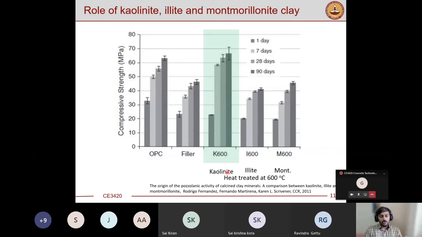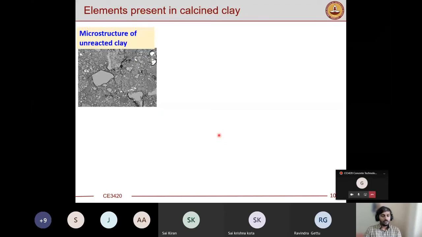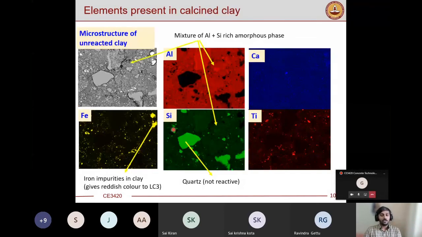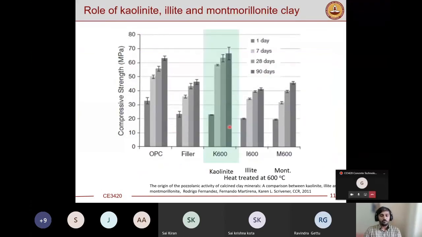Why this happens is because if you go back to the crystal structure of the clay, it's easier to remove the hydroxyl ions bridging the gibbsite and silica, right? Whereas the presence of cation between the silicate sheet, both in the case of illite and montmorillonite, gives some sort of stability, preventing the clay from reacting even though you heat treat it, right? So this difference we should understand and make sure we are picking the right form of clay to be used